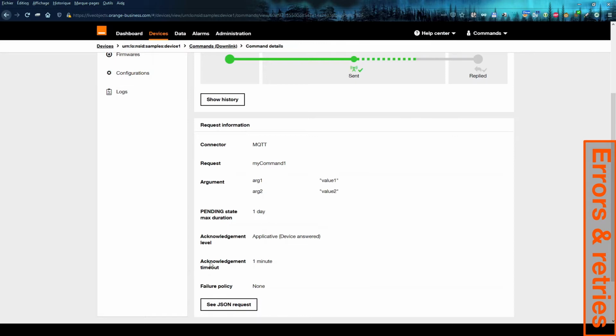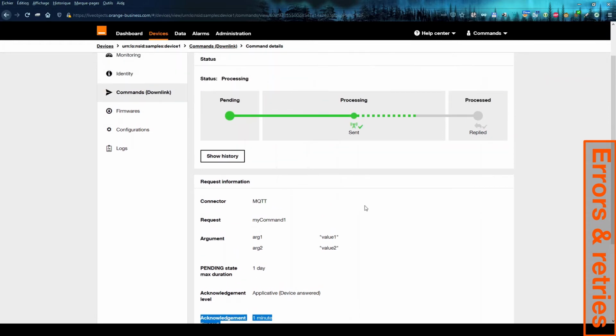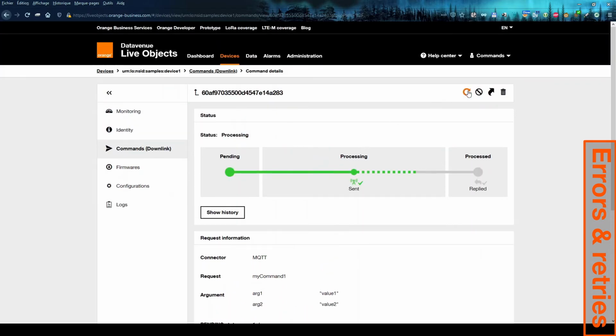So here I have my acknowledgement timeouts of 1 minute. Meaning within that minute, if I don't answer the command, it will be in the fail state. Okay, we can see now we have an error state, acknowledgement timeout, meaning LiveObject knows that the problem relies in the program in the device.